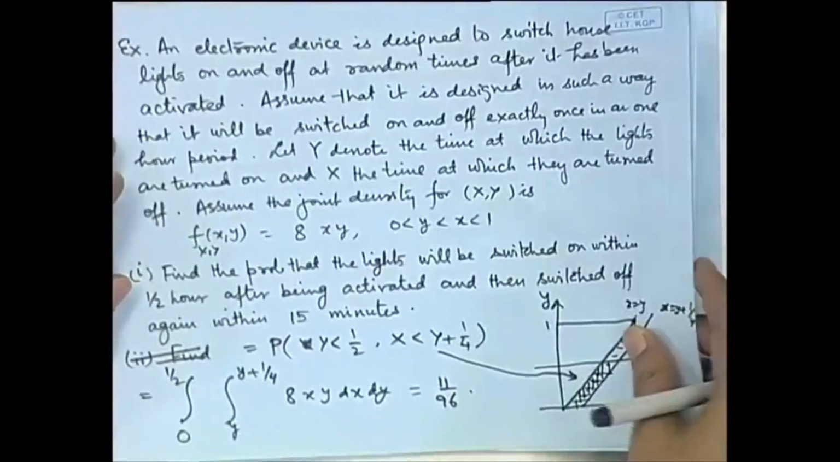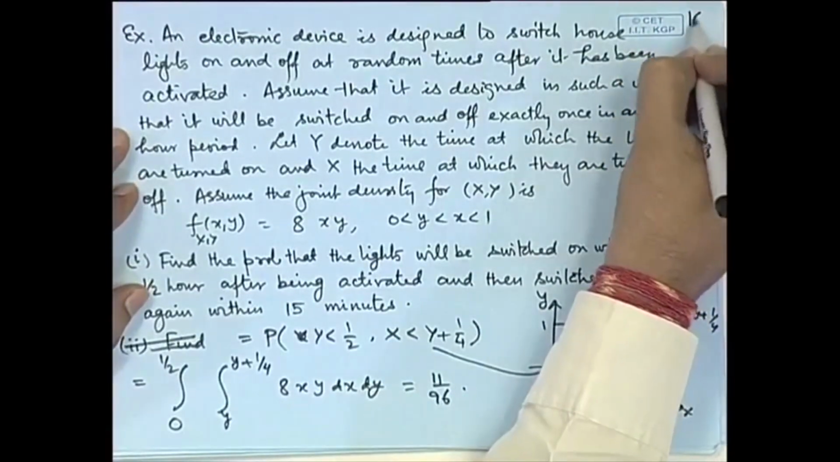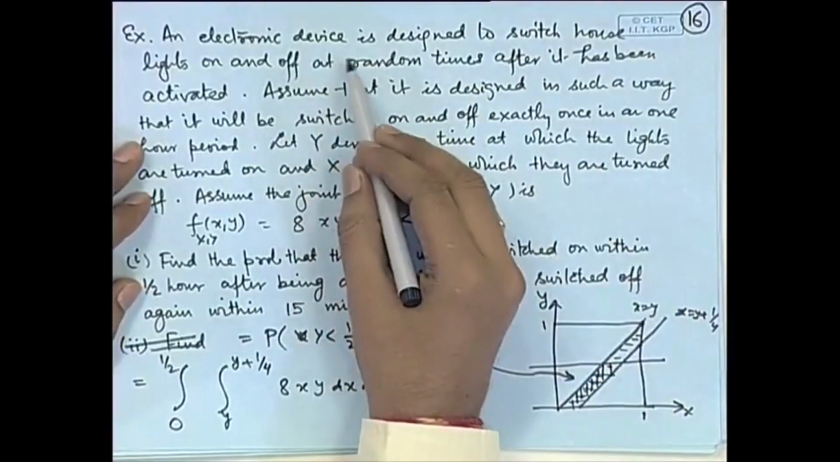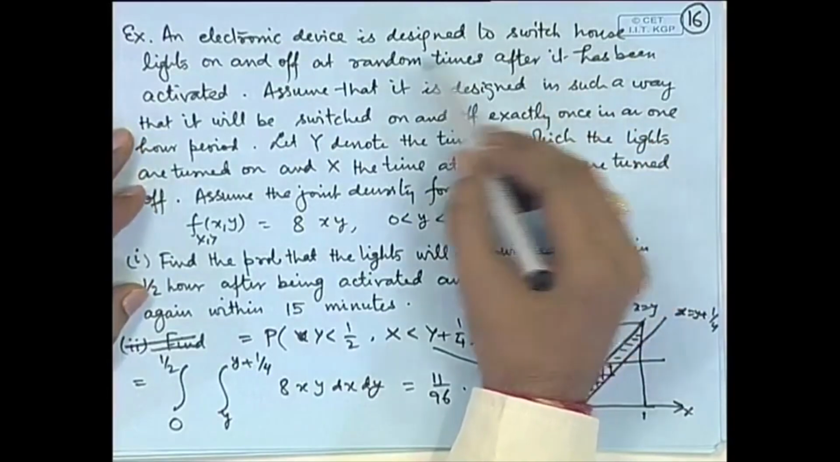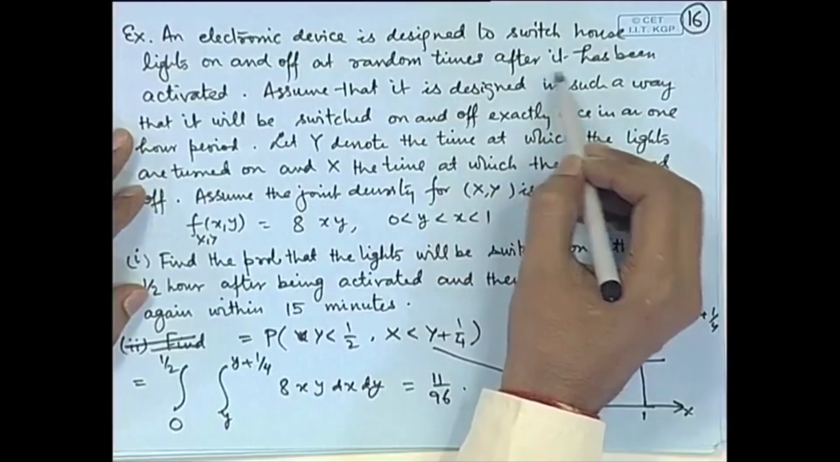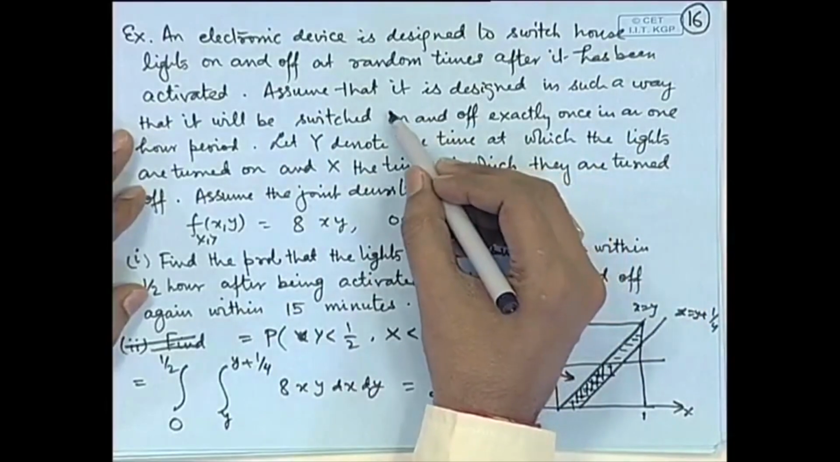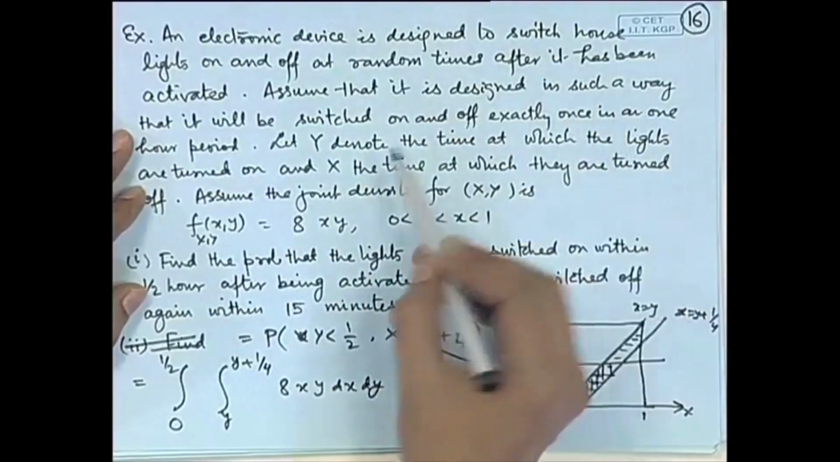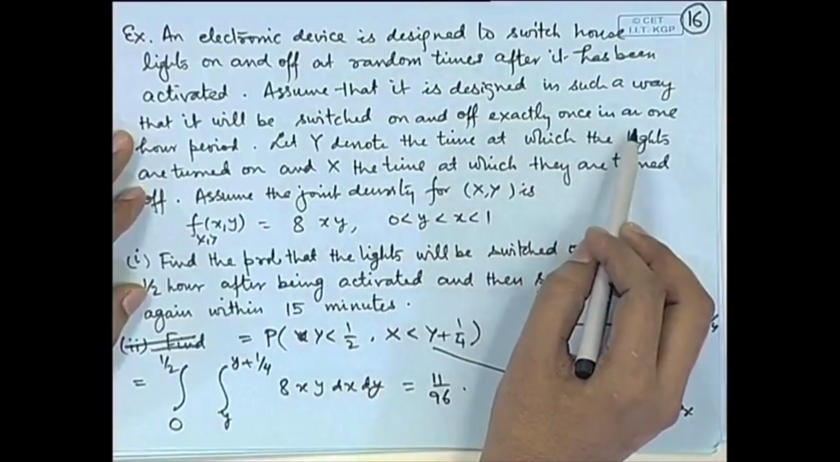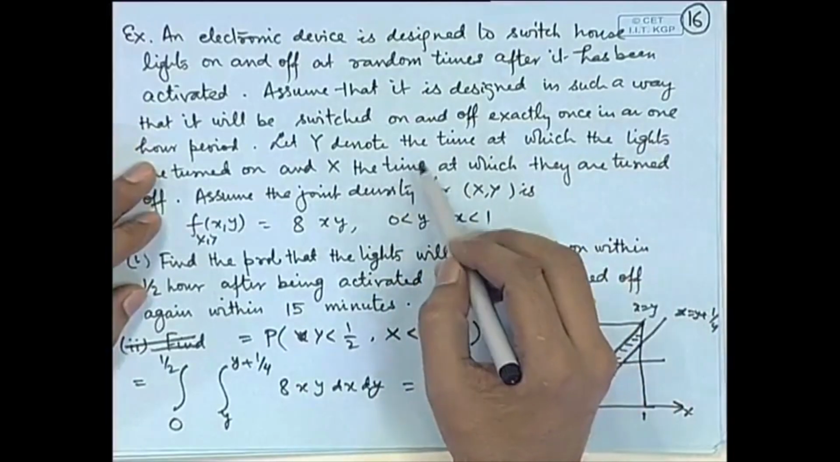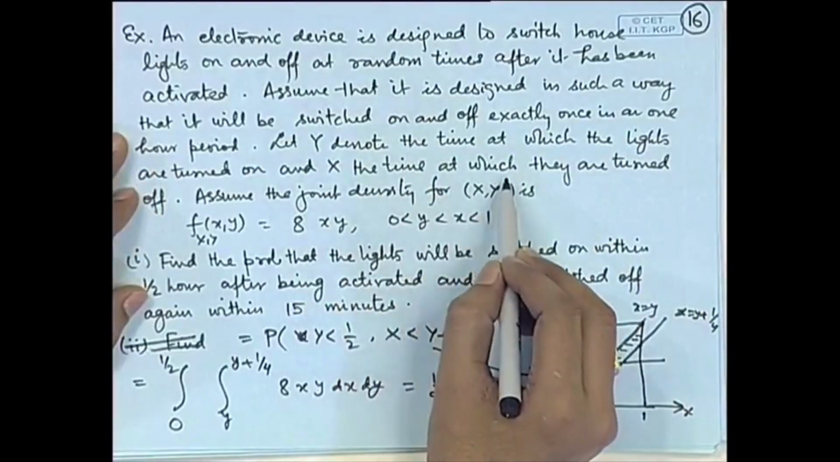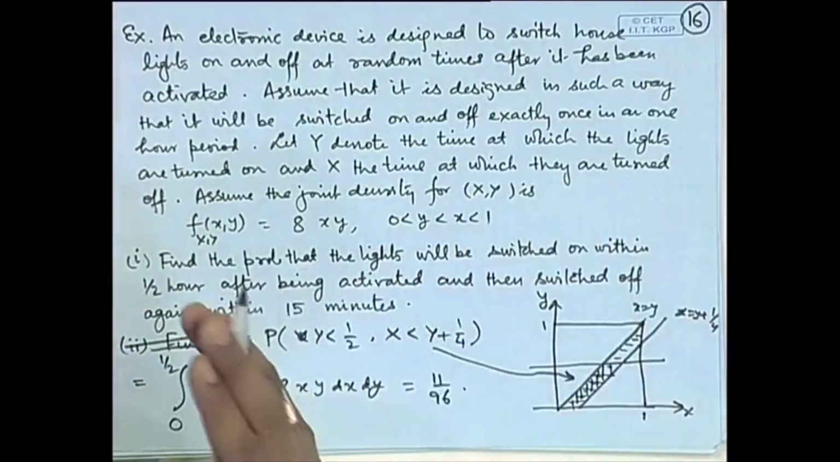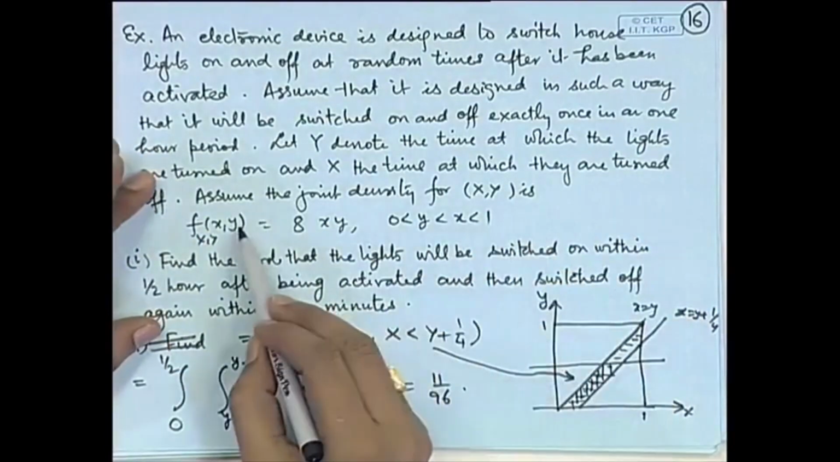Let us look at one more application of bivariate distributions. Consider an electronic device designed to switch house lights on or off at random times after it has been activated. Assume that it has been designed in such a way that it will be switched on and off exactly once in a 1 hour period. Let y denote the time at which the lights are turned on and x the time at which they are turned off. That means, firstly it will be switched on and then switched off,